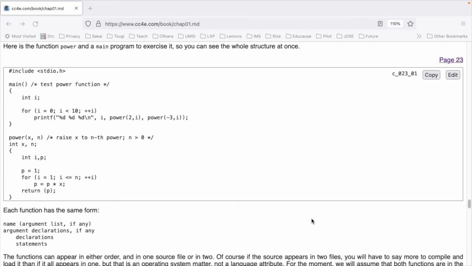Now we begin the function. power(x, n) int x, n; { int i, p; p = 1; for (i = 1; i <= n; ++i) p = p * x; return(p); }